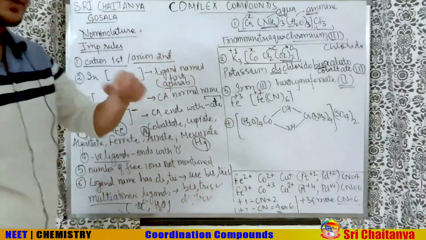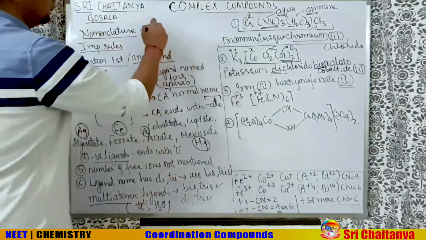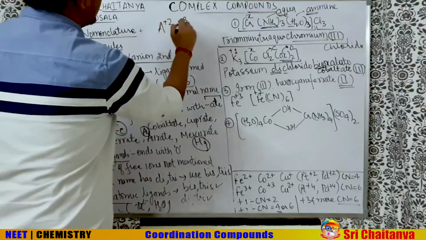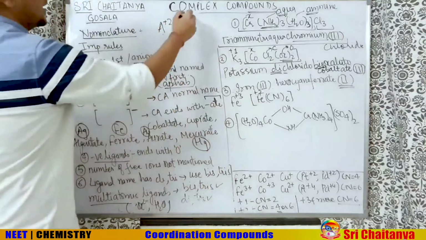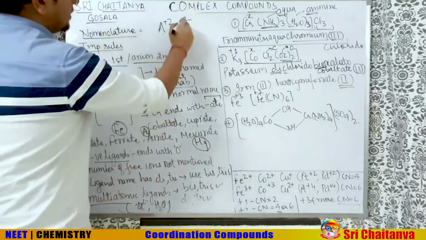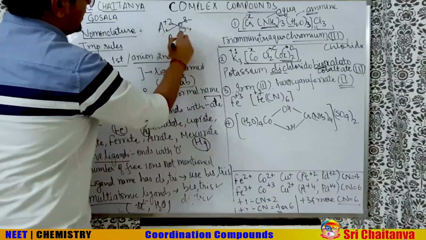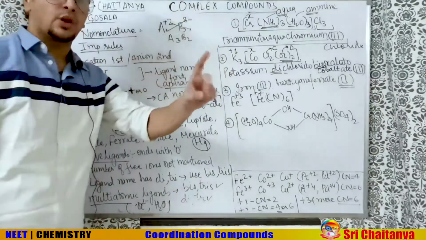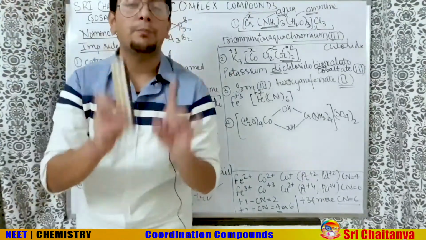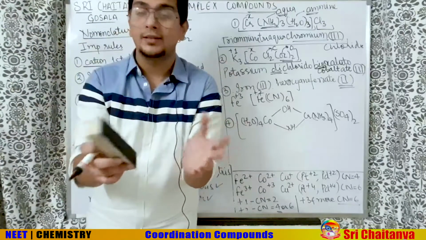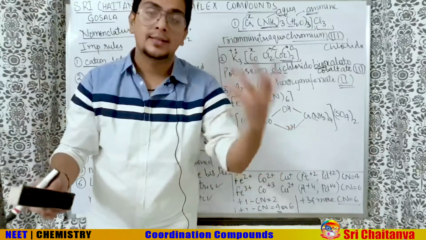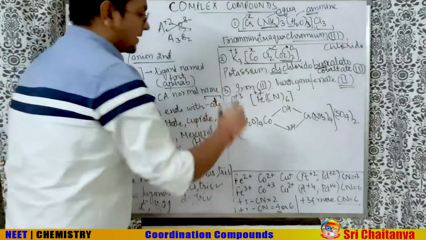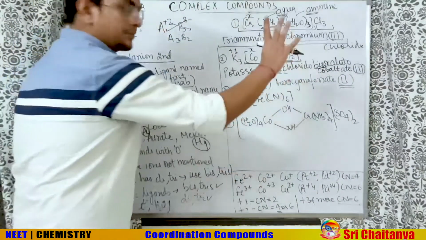Now here comes the very tricky part. I just now told you in the previous part of the video, let's say this is the scenario. A has 2 plus charge, B has 3 minus charge. The crisscross rule says that A3B2 will be the formula. So to write the complete formula of the salt, as I said, treat your complex ion as a normal ion. It is not different than any other ion, it just looks big. So treat it in the same way. Fe has plus 3 charge. So here 3 will come. But what should come here?